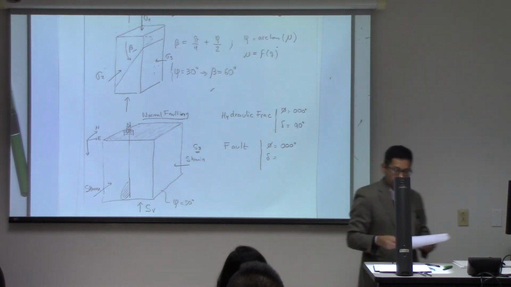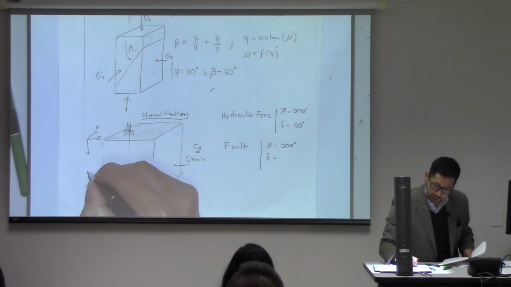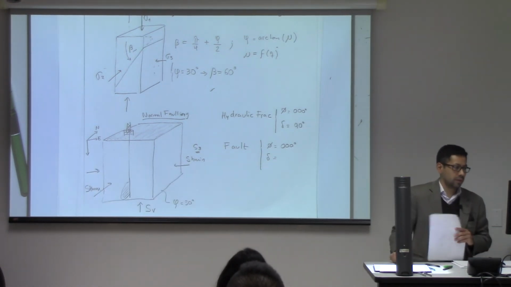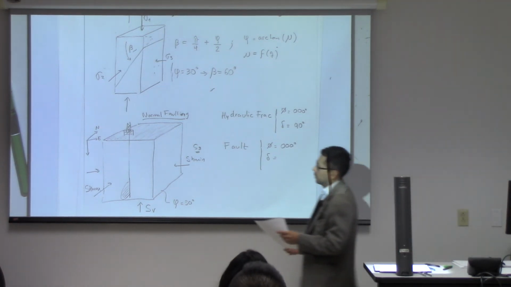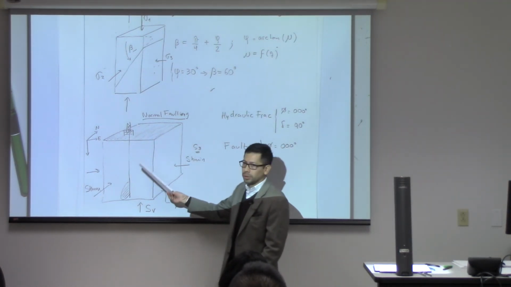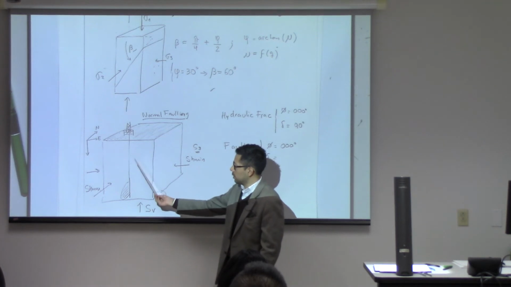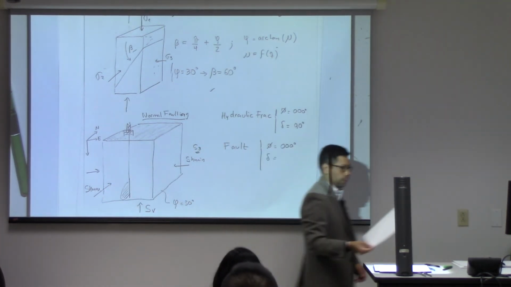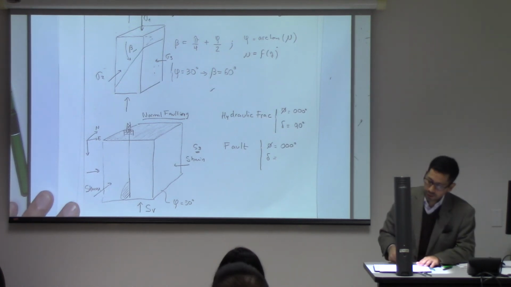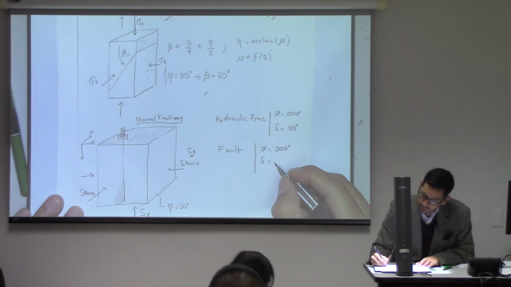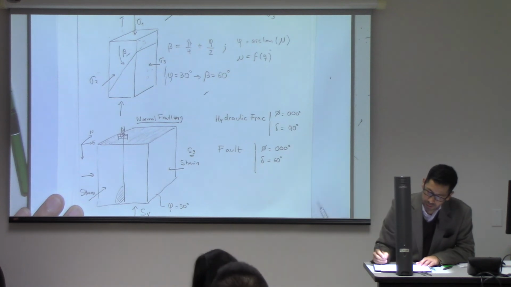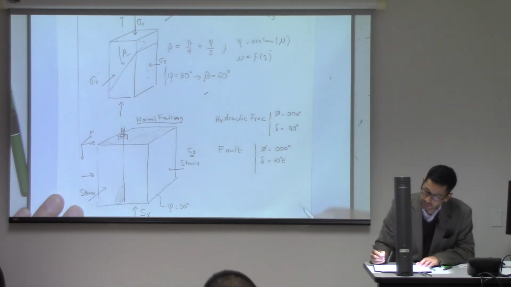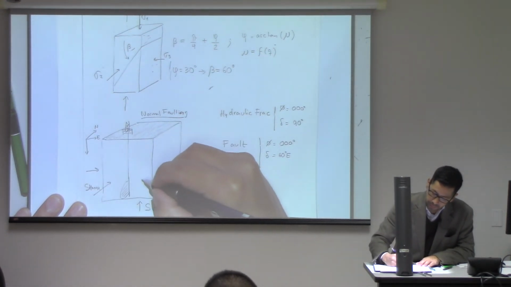Okay, but you know, in order to be in equilibrium, there should be another one over there too, which is the same. So actually, there are two solutions. There are two possible solutions. There's one that is going to be like that, and one which is going to be like that. So here we will have either 60 degrees dip into the east,